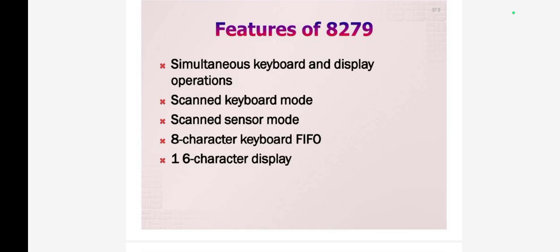In polling mode, the microprocessor periodically reads an internal flag of the 8279 to check for any key press. The keyboard entries are debounced and stored in an 8-byte FIFO RAM that is accessed by the microprocessor to read the key codes. It contains a 16-byte display RAM,